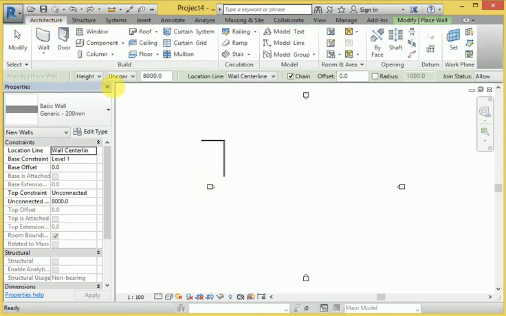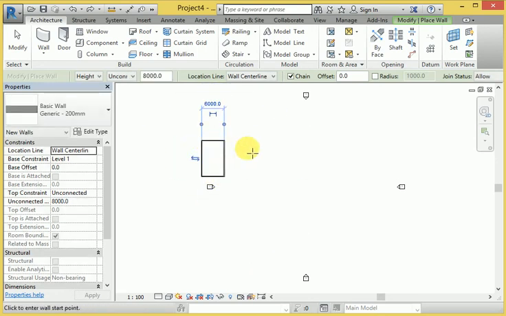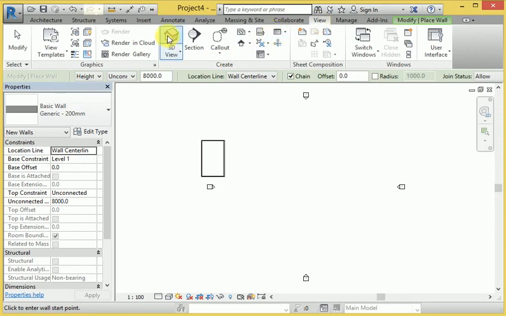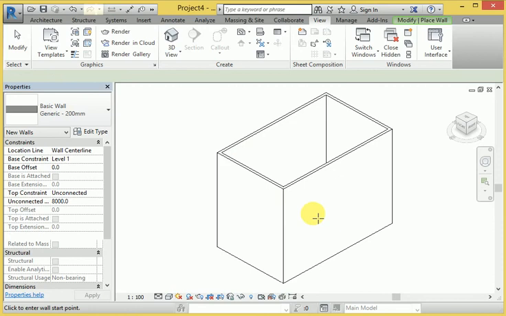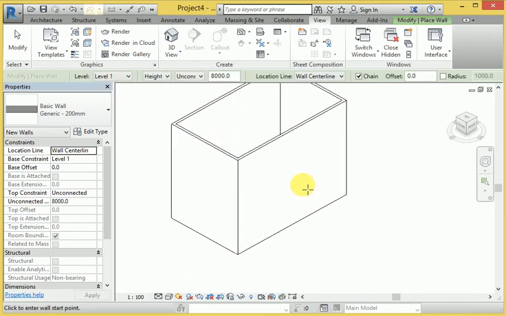Here, let's again go to Wall, then start from here, again 6000, and join here. Now let's go to View again. This is the View tab, and I enter the 3D view selection. This is the wall in Revit Architecture. Then I apply